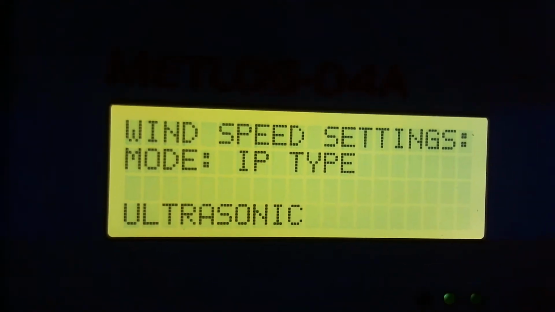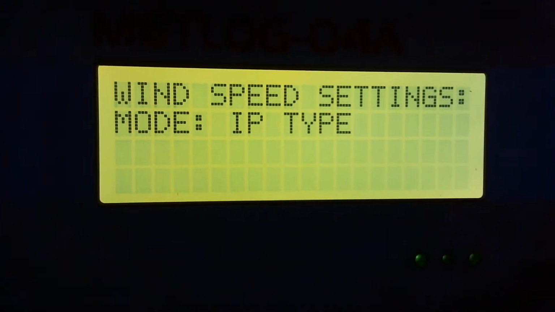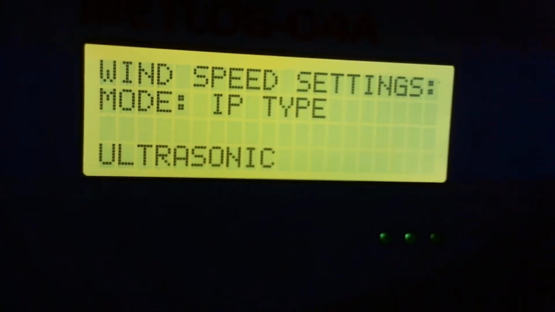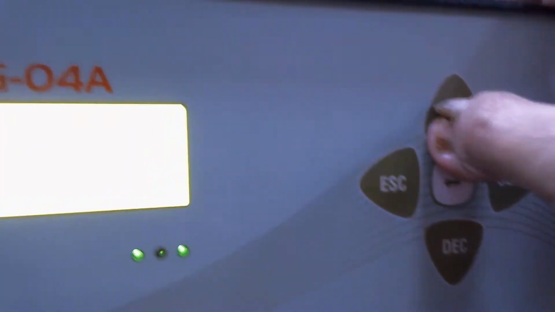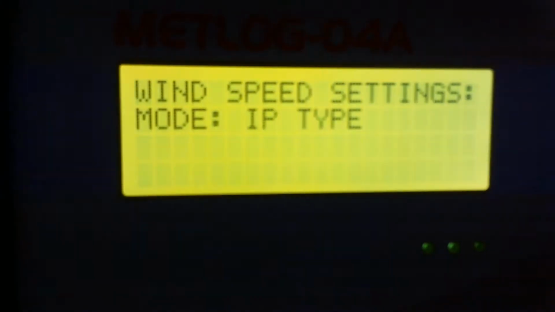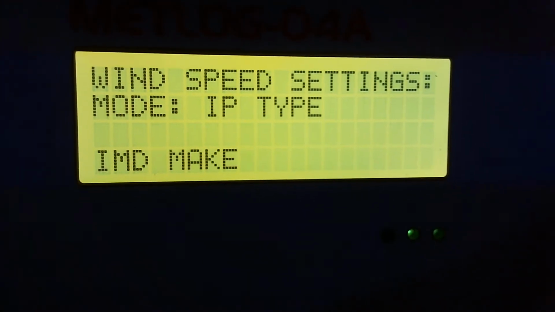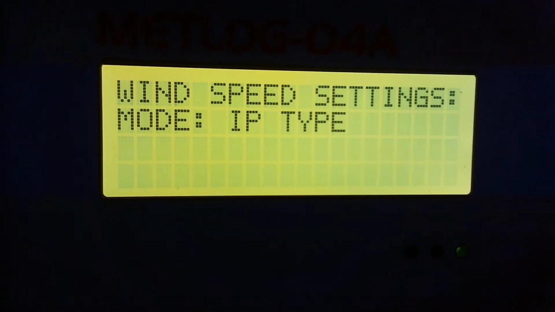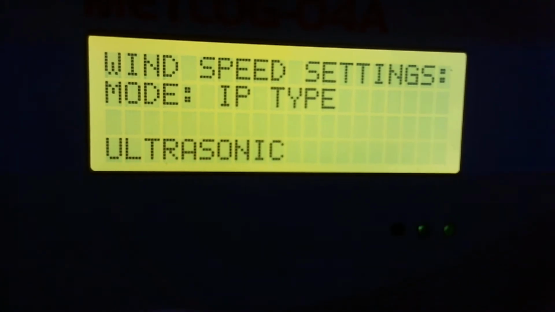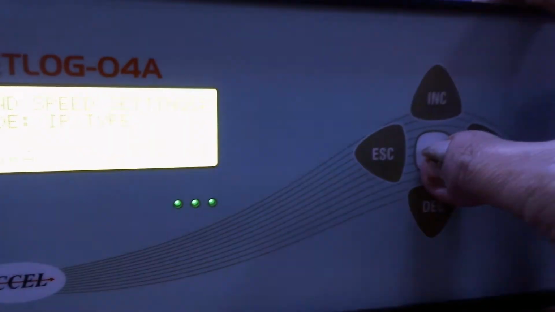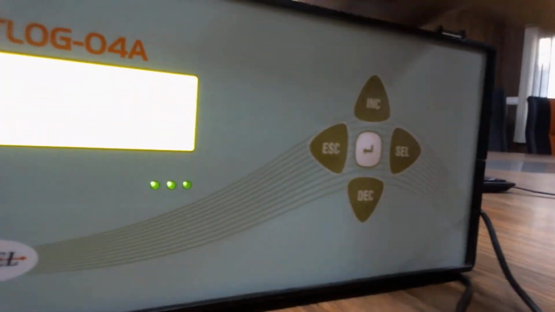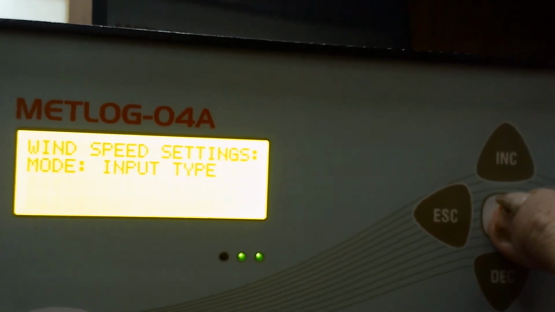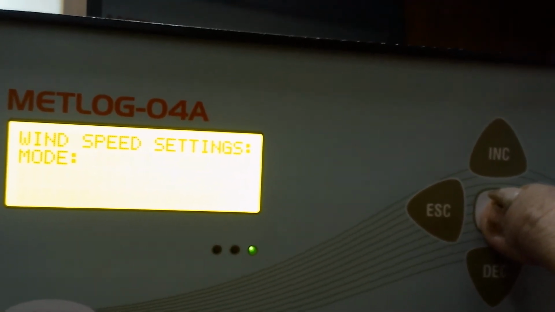IP type means input type. It is ultrasonic. If you want to change it to IMD make, just press the increment button. It will be IMD make. Again you press, it will be ultrasonic. So as we are using ultrasonic, we will keep ultrasonic, and again we will press the enter button. So now our input type is saved.